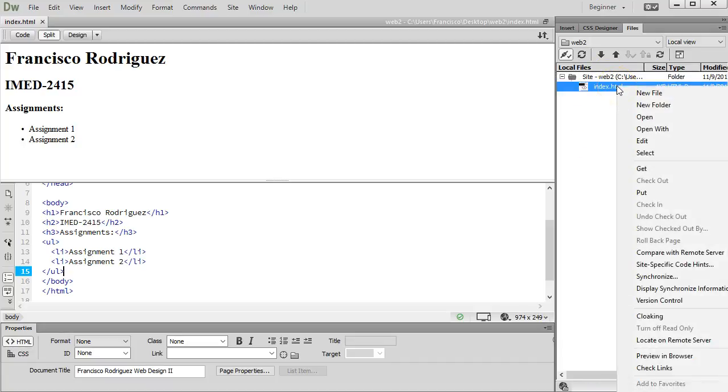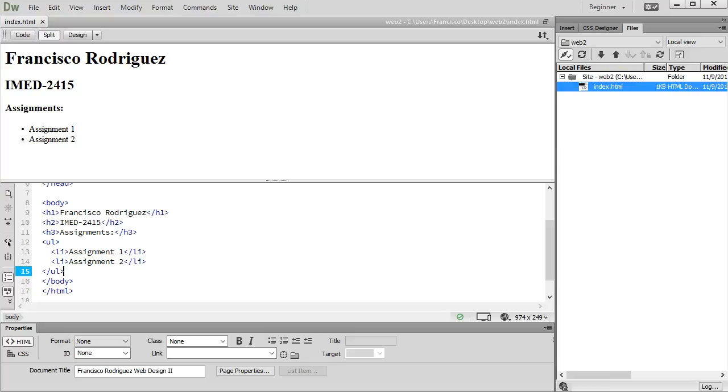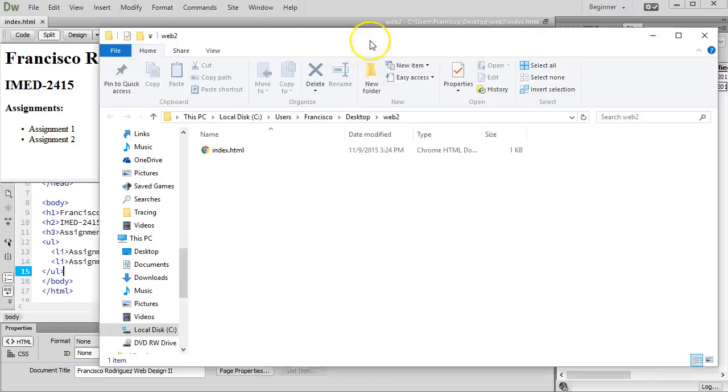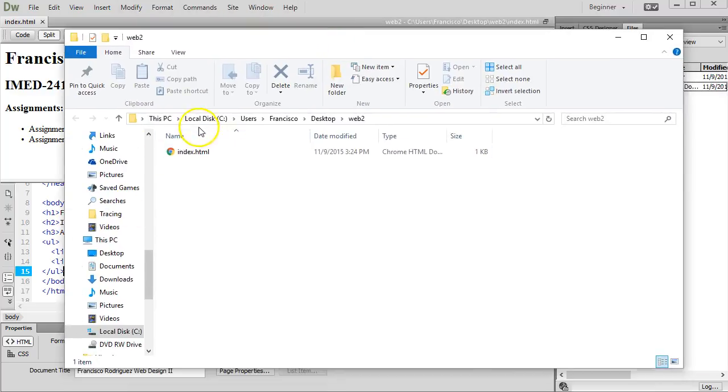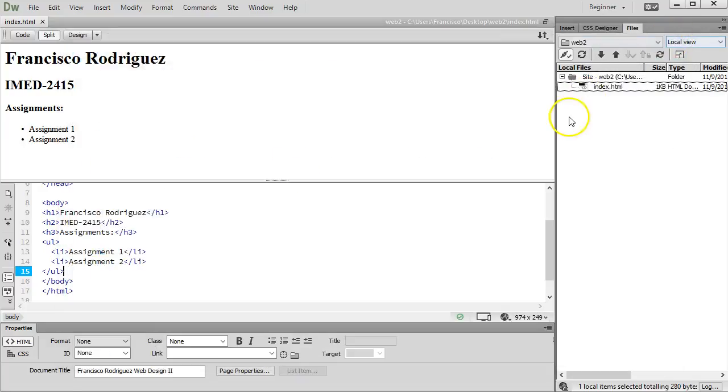I could right-click on the index.html file and tell it to explore. You can't see that probably on your screen, but I can. I clicked explore, and as soon as I did that, I got this directory. It's showing me that in my PC, in my desktop, there's a Web2 folder, and inside there's an index.html. I'll close that, and since this is already saved, I'll go and see what's going on in my web page